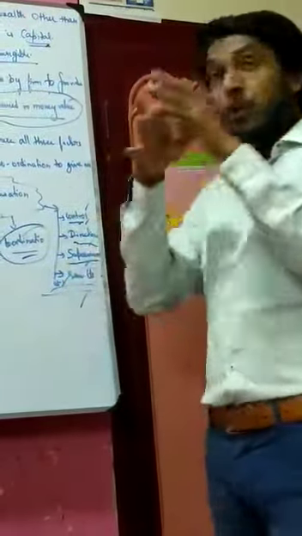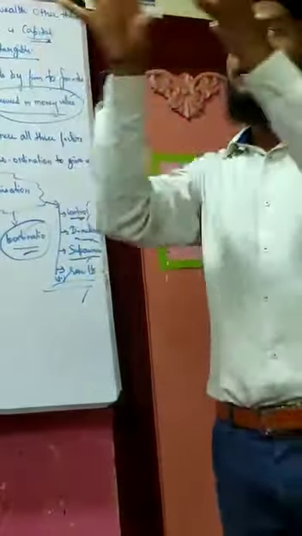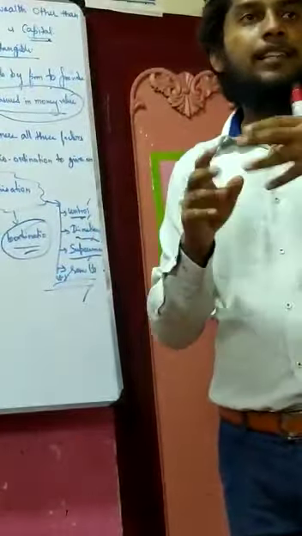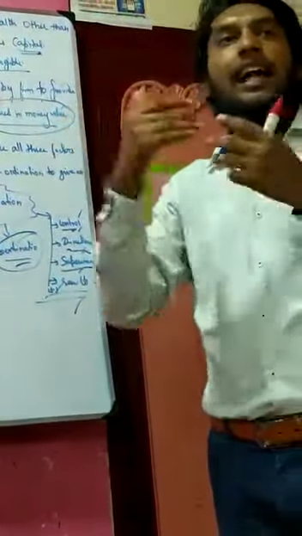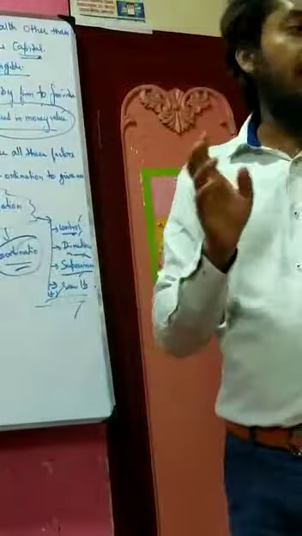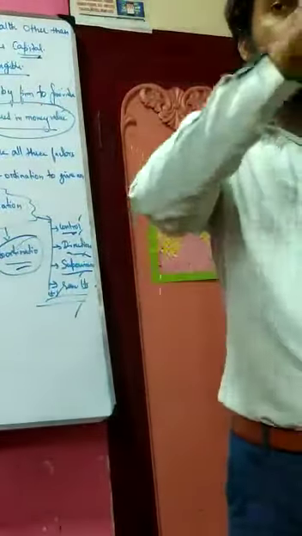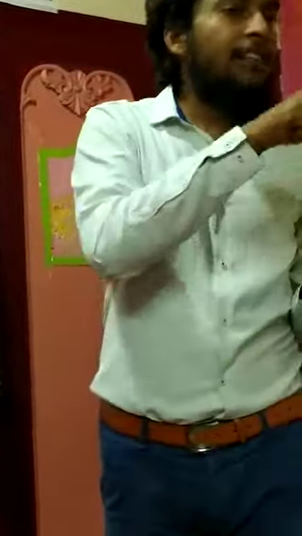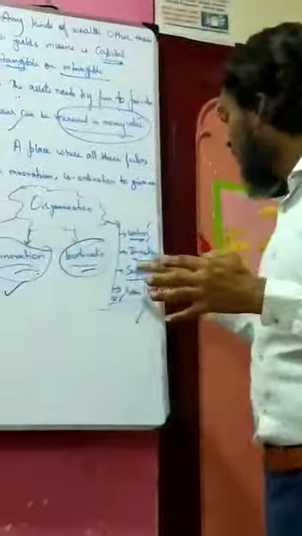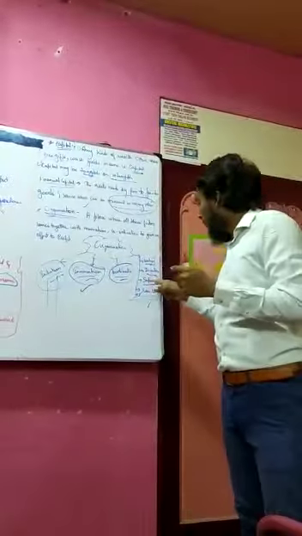After the direction, supervision should be there. As a leader, I gave the direction: you do this, you do this, you do this. As a teacher, I said you do that, you do that, and after that I just went off, then the work will not happen. I should come near you to check whether the work I have given you has been done or not. I should supervise whether the work I assigned is being done. So supervising, we should see that the work that has been given is going perfectly or not.